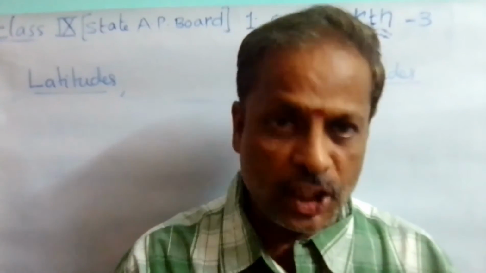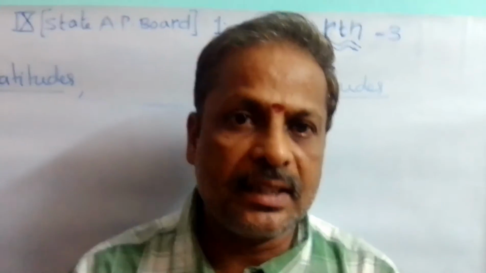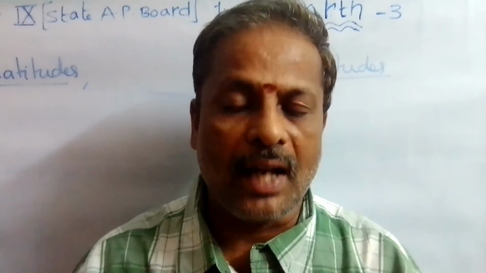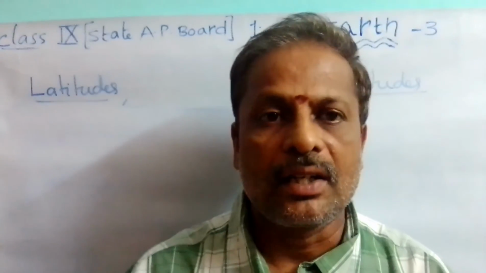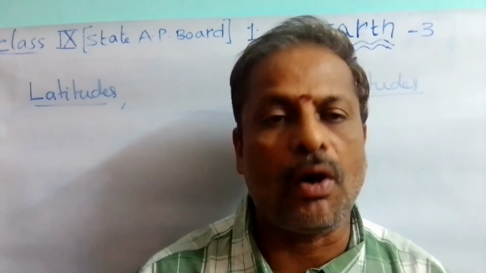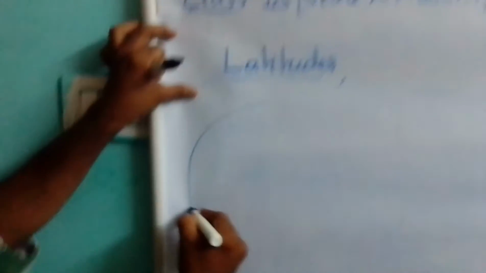So actually, what are latitudes and what are longitudes? Latitudes are nothing but the imaginary horizontal lines drawn on our earth. The imaginary horizontal lines drawn on our earth are called latitudes. So we have to see the globe,